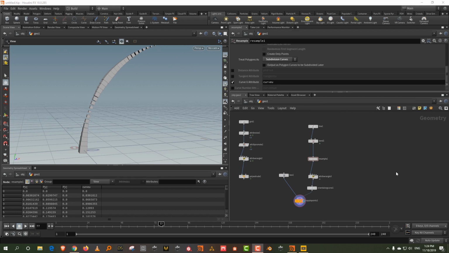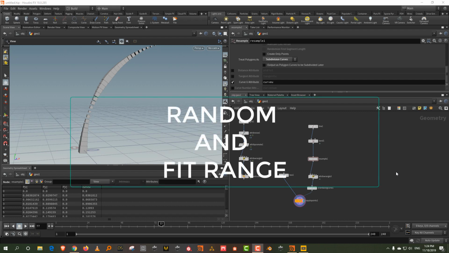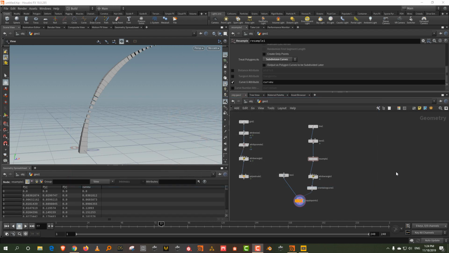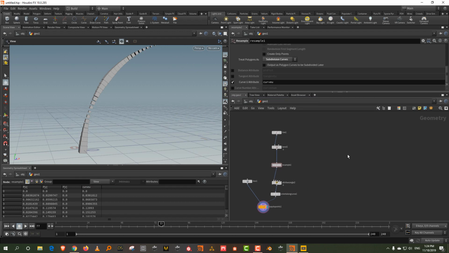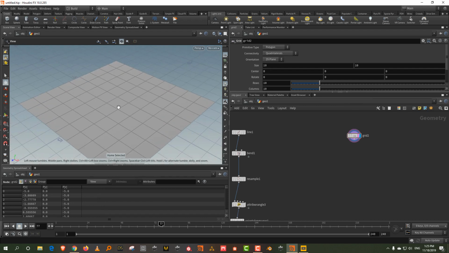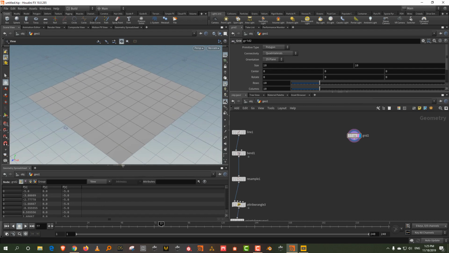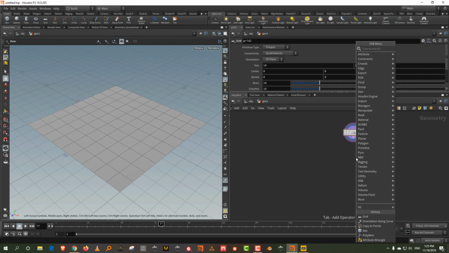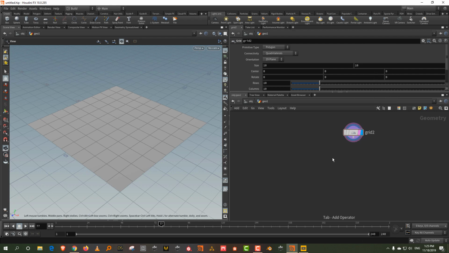All right, now let's take a look at two additional functions which are usually quite useful and they get used a lot. The first one is the random function and the second one is called fit range. Okay, so again, let's just take a grid and let's say I want to do random extrudes. So one of the simplest ways to do it, again, we're just going to do a little bit of stuff through wrangle,